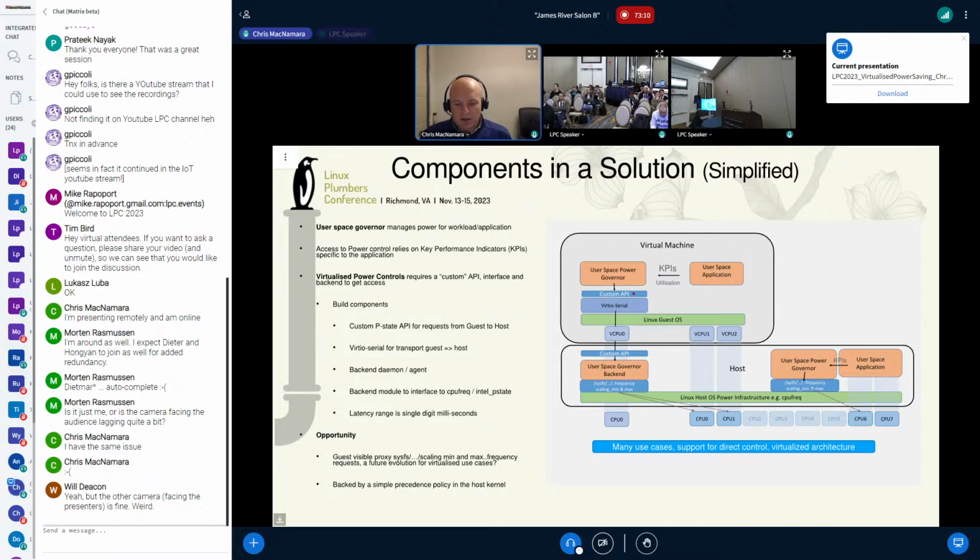But I would argue that this is a non-standard way of bringing P-state requests from a guest OS down to the host OS. So we end up building a large number of interfaces and transports and software to be able to support this type of architecture.